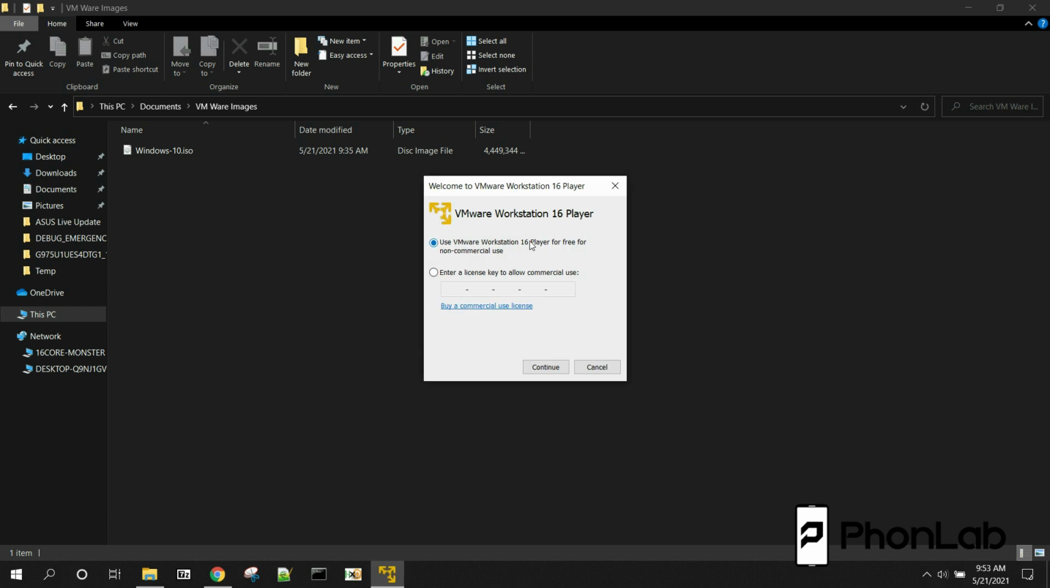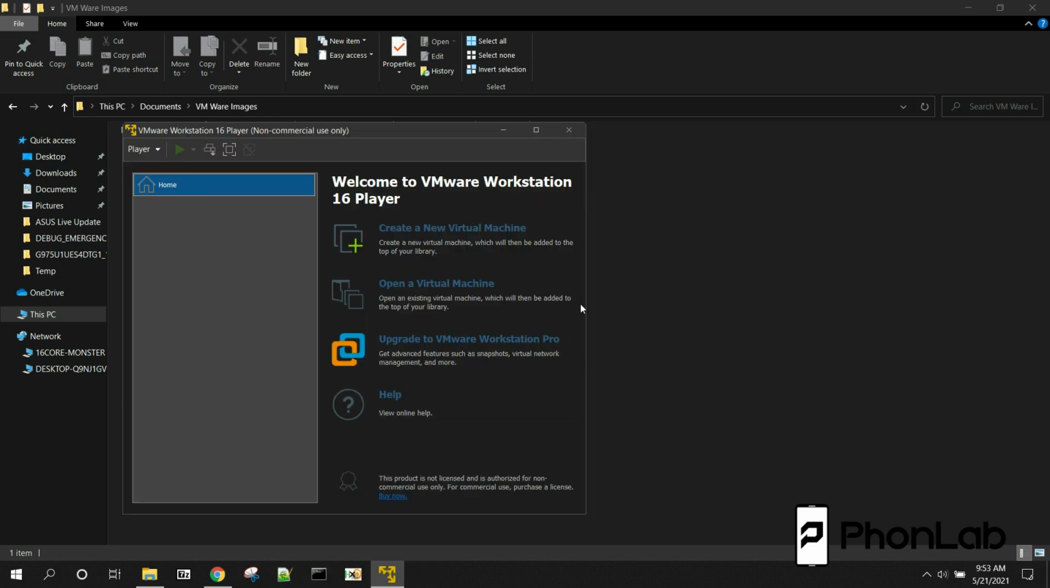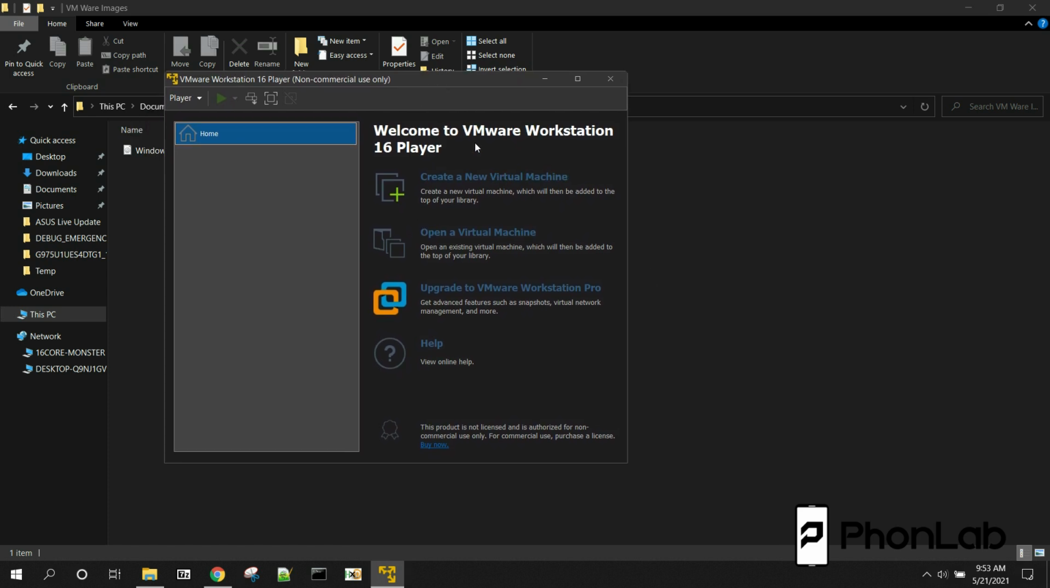So it says use VMware Workstation Free, non-commercial use. That's you. We're just doing it. That way we don't have to buy a license. This is just for testing things, so that's how we're going to run it. So we're going to say continue and hit finish, and now you have the non-commercial use version of VMware. Okay, so the first thing we want to do is create a virtual machine. So we're going to click on this guy